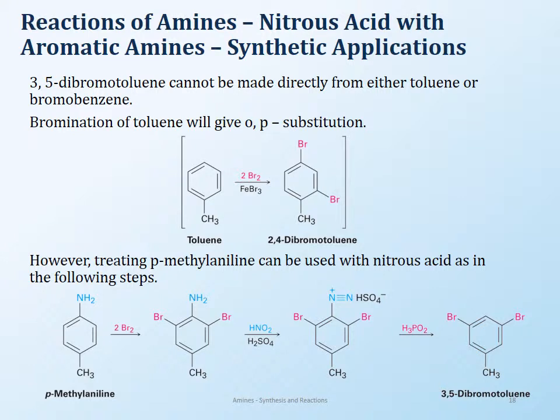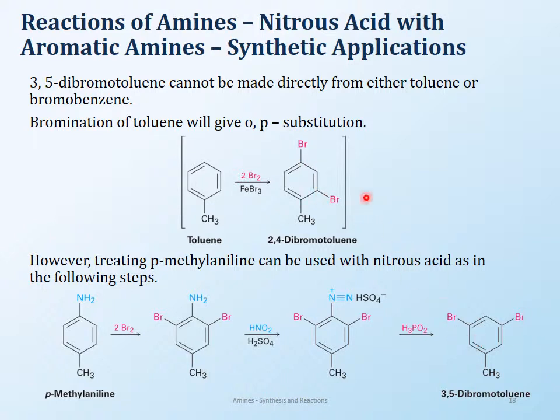So I keep saying, they are very good for synthesis applications and so on. So here's an example of how you can actually use it to make very specific compounds. 3,5-dibromotoluene cannot be made directly. What is 3,5-dibromotoluene? It is this right here. So if you start with toluene and you want to make 3,5-dibromotoluene, you cannot. Why? Because the methyl group is an activating group. If it's an activating group, you will get ortho-para substitution. So this is what you will end up getting, because this is toluene, and if you do bromination, this is the product you will get. You will not get